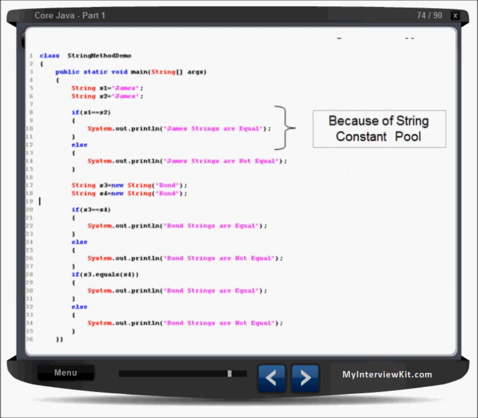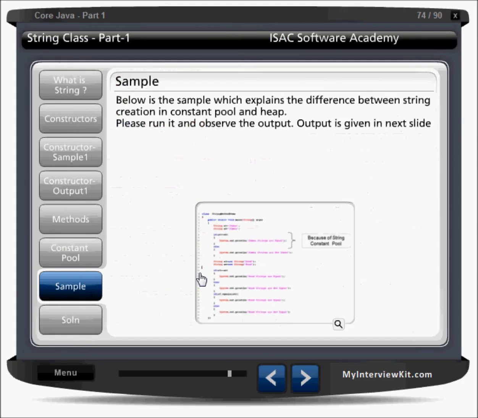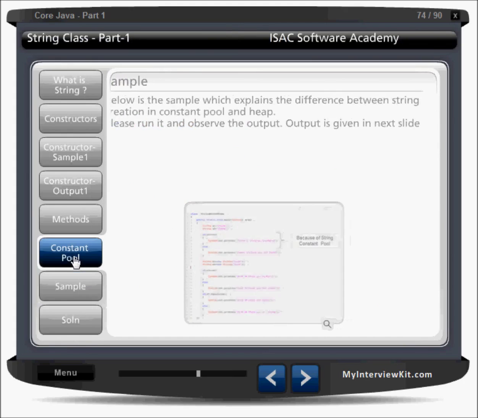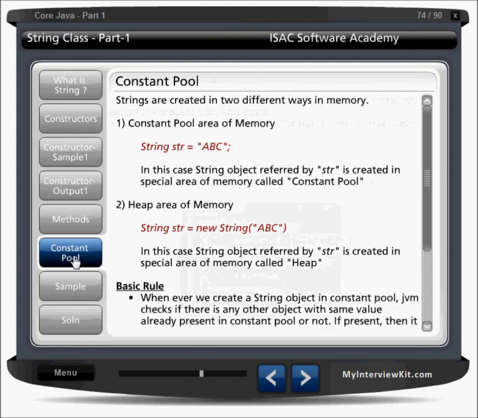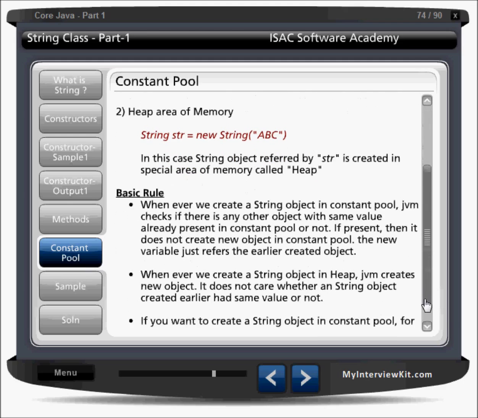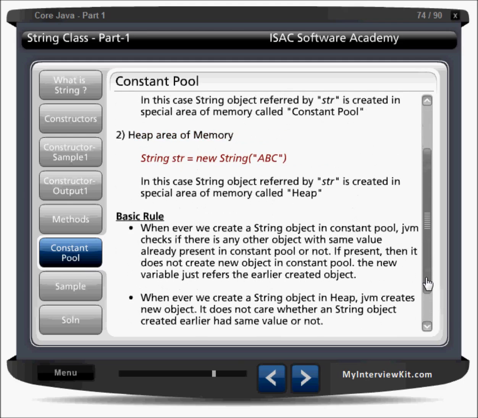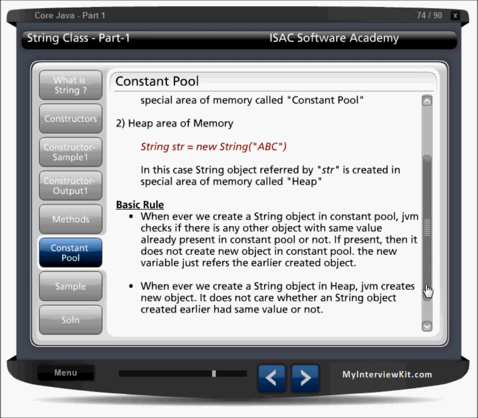So here we understood the constant pool. Now, okay, whenever we say a string literal like abc, it will go to the constant pool, and if we say new string, it will go to the heap area.